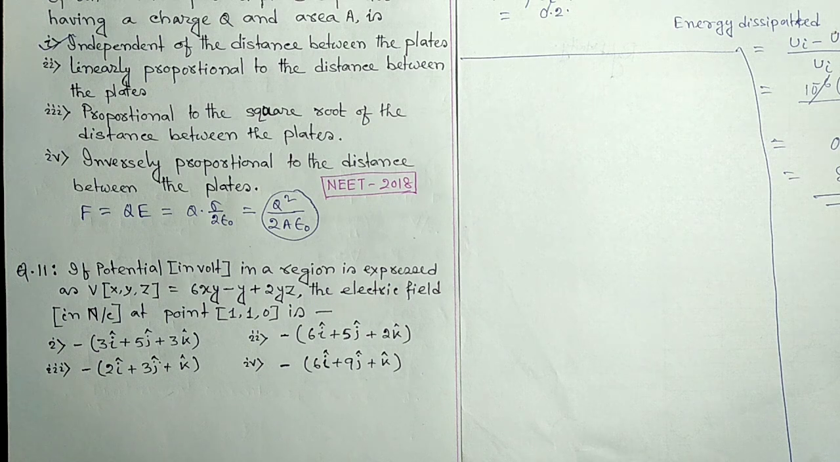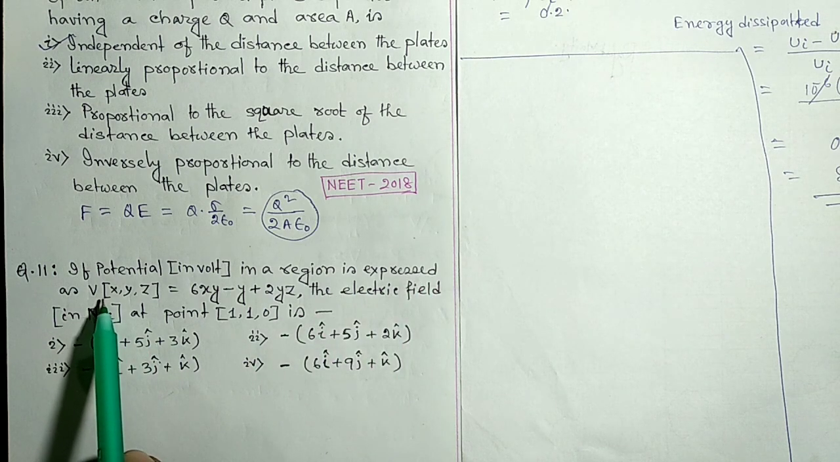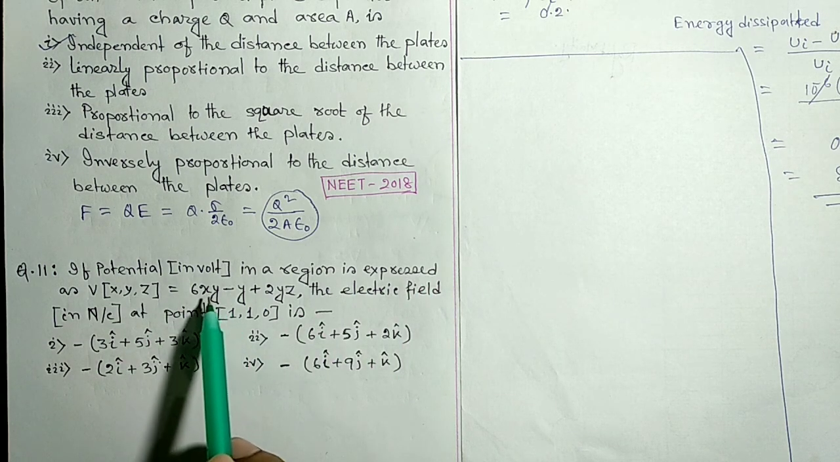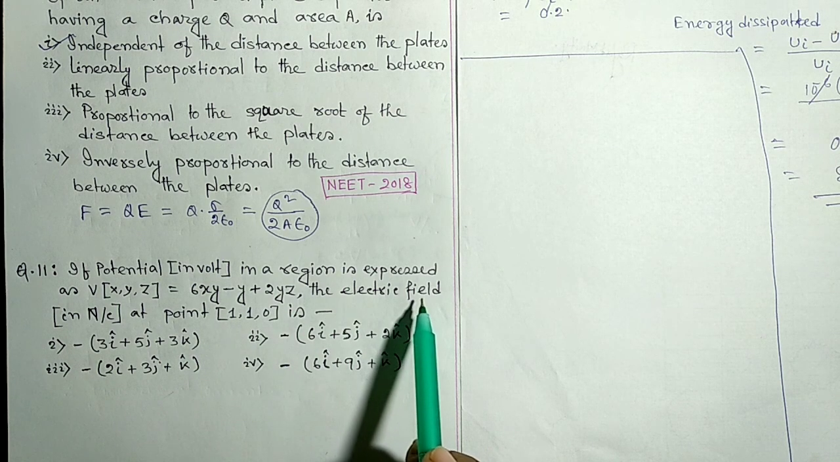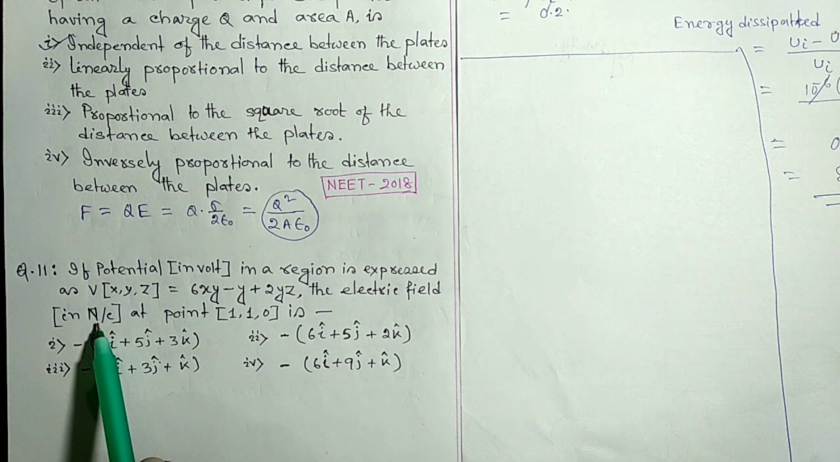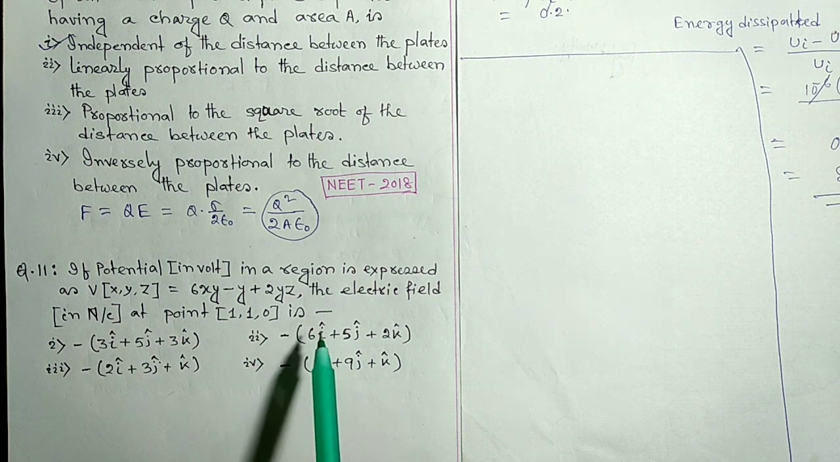Next question is question number 11. If the potential in a region is expressed as V(x, y, z) equals 6xy minus y plus 2yz, the electric field in newton per coulomb at point (1, 1, 0) is: